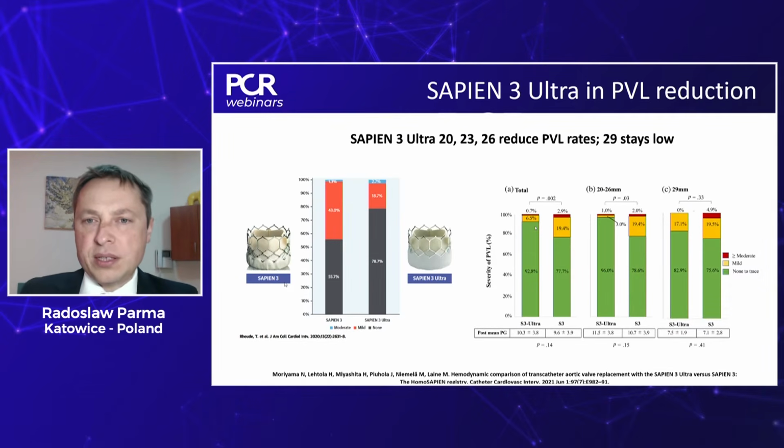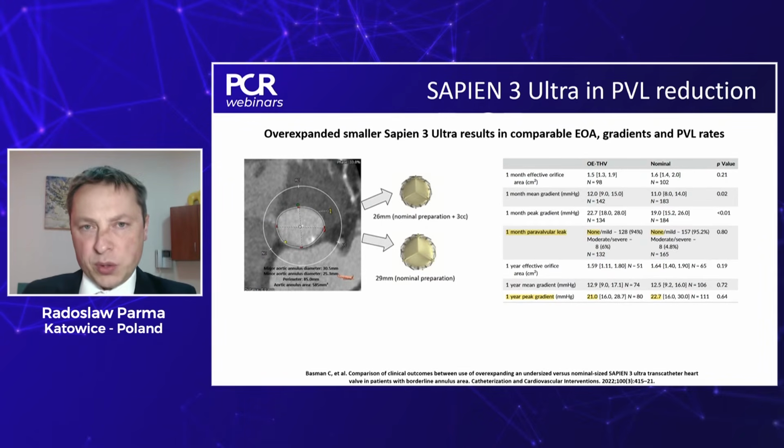So what we also learned is that with SAPIEN 3 Ultra, in comparison to the SAPIEN 3, we may bring down the rate of paravalvular leaks, as you can see from this publication from last year. And also, what we know is that oversizing a smaller size of the SAPIEN 3 and SAPIEN 3 Ultra provides better gradients than choosing a nominal or larger valve, even in a normal tri-leaflet aortic valve, but still